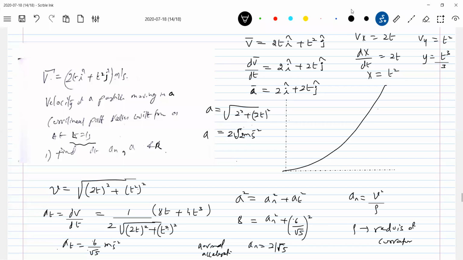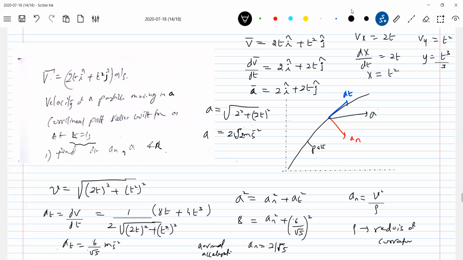Now look at this. It should be 2i cap plus 2t j cap, no? So looking at the acceleration vector, the path will not be like this. In fact, it is going to be somewhere like this. So here it will have two accelerations, one, the total acceleration vector like this. There's a rough diagram I'm giving to make you understand. Any correction, you are supposed to make it. So this is a n, because I have to show that a, 2i cap plus 2j cap, should be there in the first quadrant. There's a path.